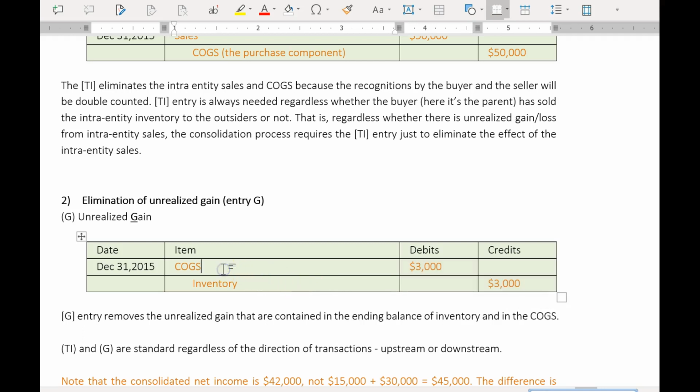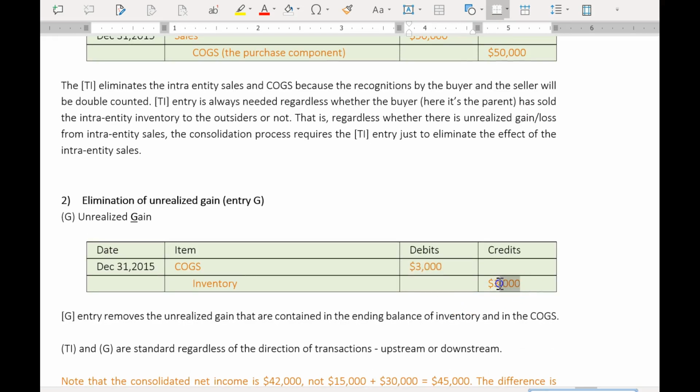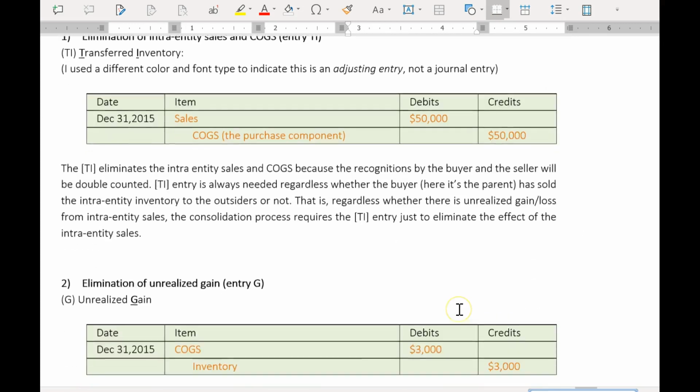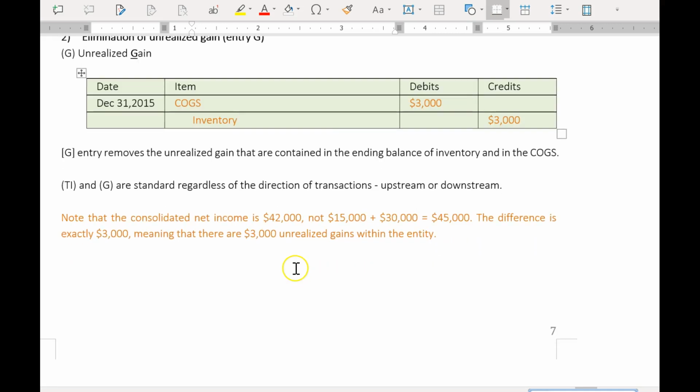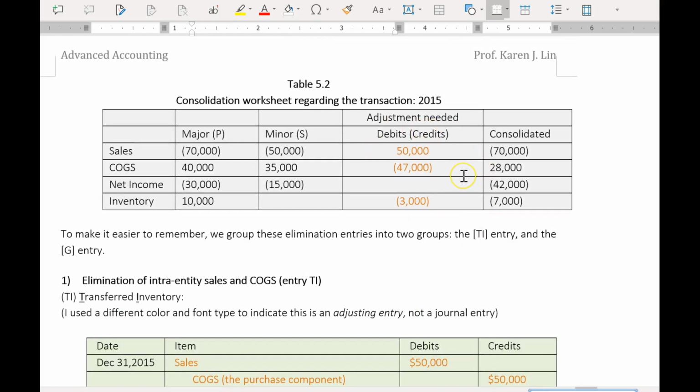So we would be debiting cost of goods sold, which would be adjusting the over-adjusted cost of goods sold in my previous entry. I'm adjusting back 3,000 because I adjusted too much. Okay, I'm going to adjust it back. And the inventory, remember, the inventory shows 10,000, but it should really be 7,000. So I'm adjusting this 3,000 back. So I'm debiting cost of goods sold, I'm adding to cost of goods sold and reducing inventory. So by doing TING, I'm actually eliminating the impact of this intra-entity transaction on the consolidated